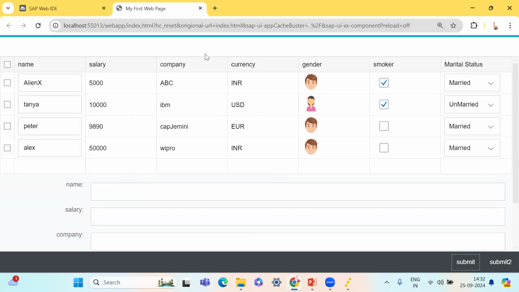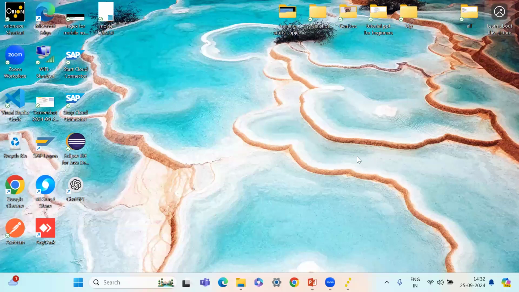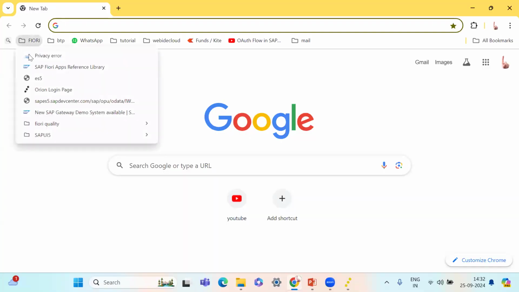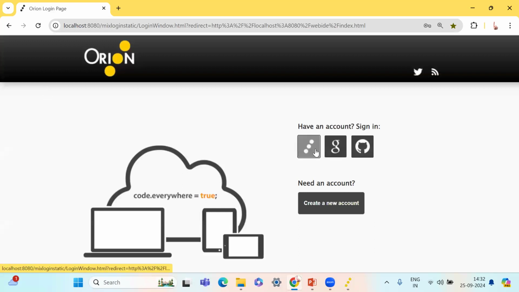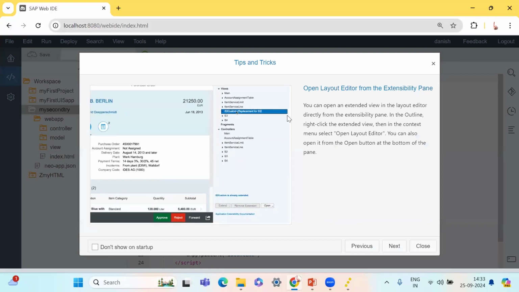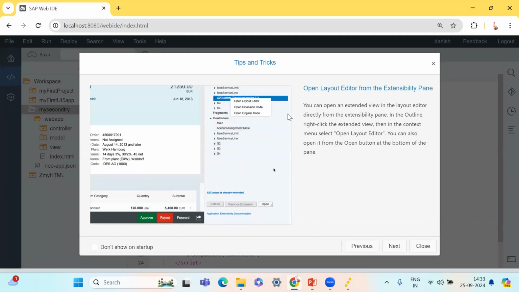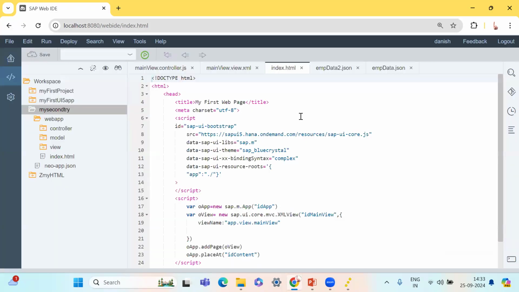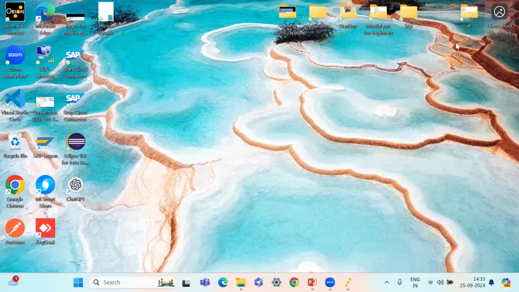Okay, so now the job is to delete these things. So first I need to cancel it. And you must have seen that I've used the normal web browser, like the Chrome browser, to see the thing that you saw. It's not like I've downloaded some kind of app on the web browser and I'm just hosting it over there. Let's close it now. Okay, so this is how it is. Now, coming back to our thing,